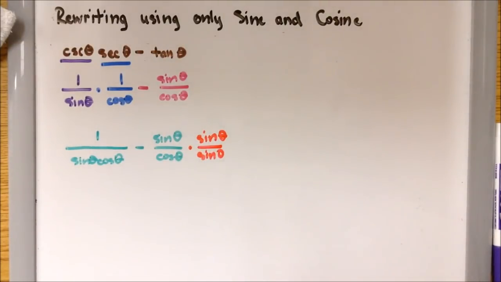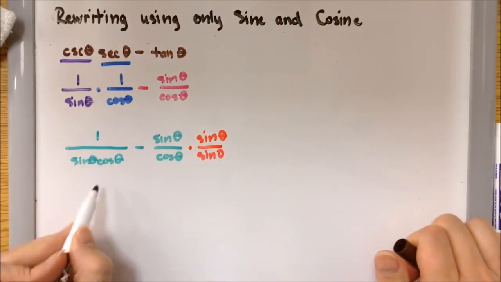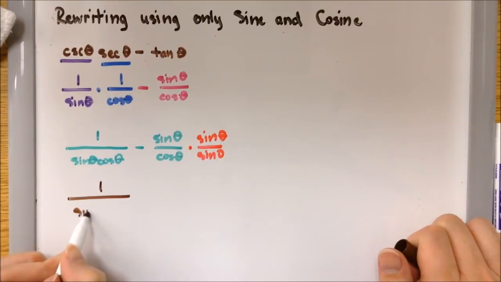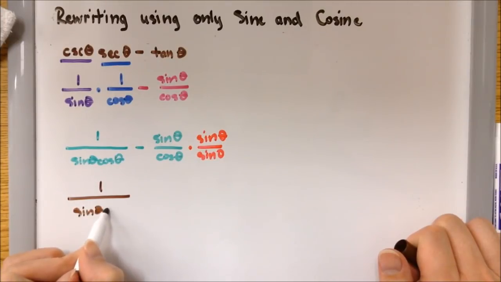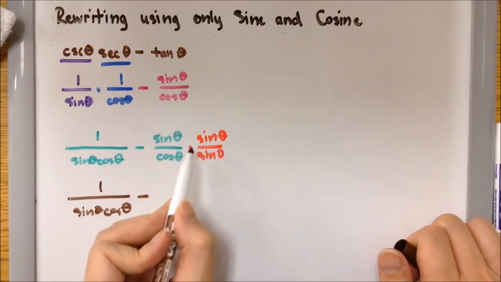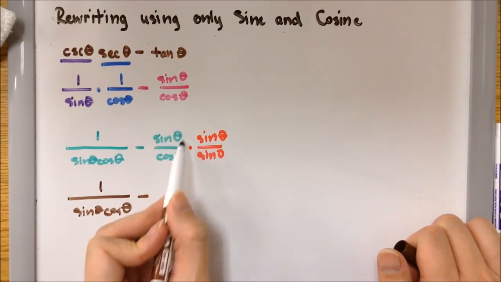If I do that, the left fraction will stay the same. So 1 over sine theta cosine theta minus, and I'm going to multiply the right fraction top and bottom by